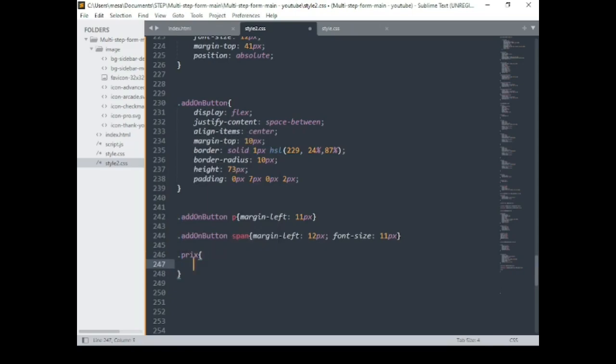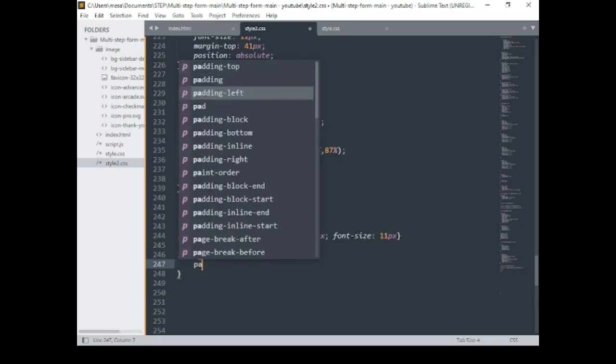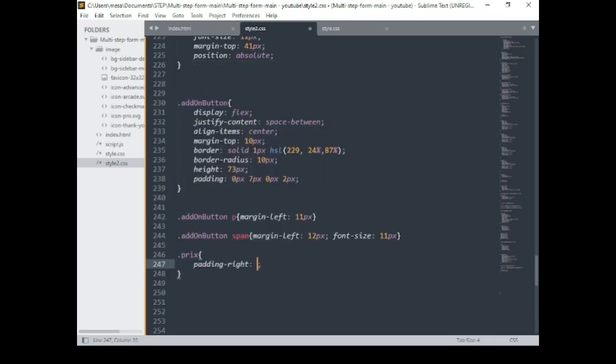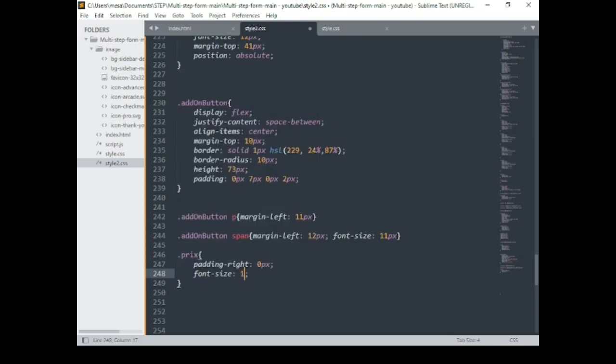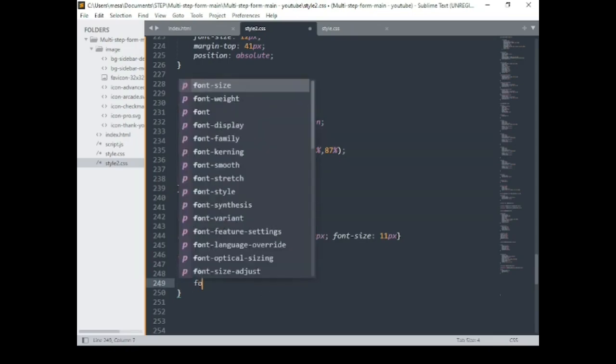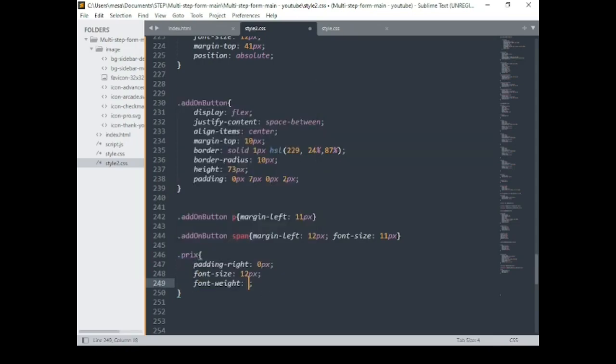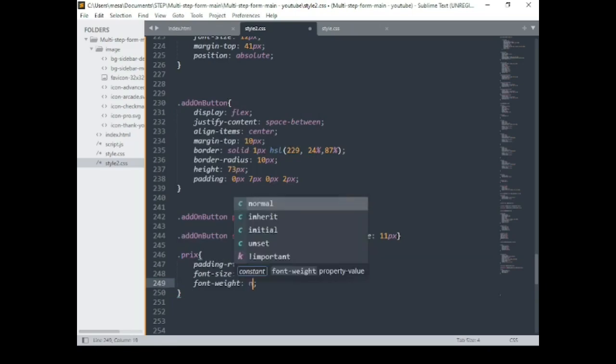Let's have padding to the right of 0 pixels. Then let's say font size of 12 pixels, font weight of normal,